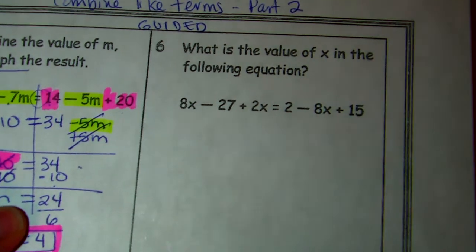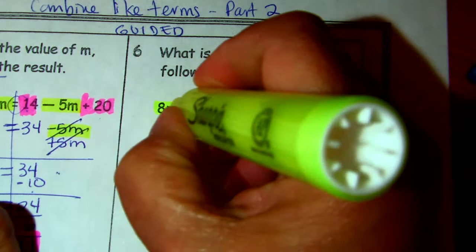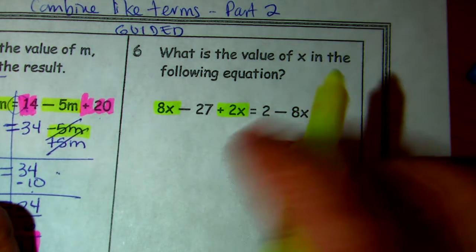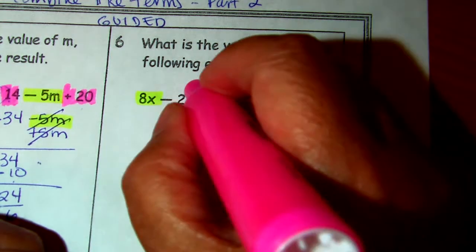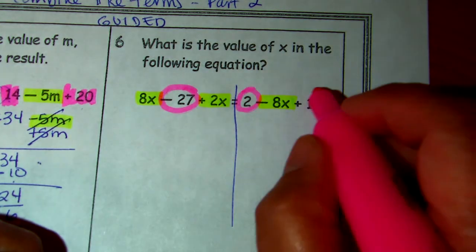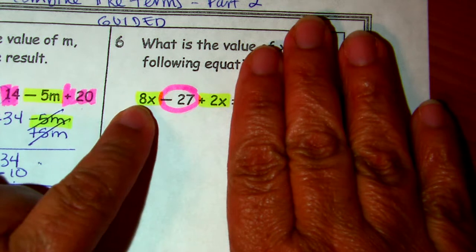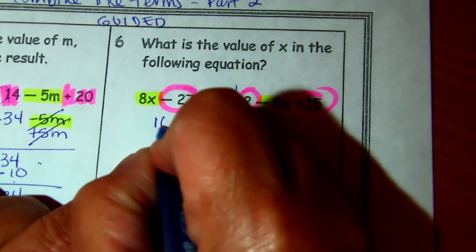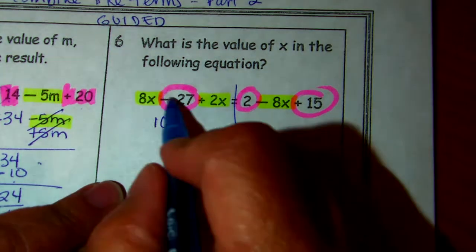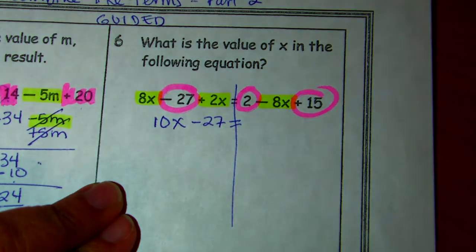Let's see. What is the value of x in the following equation? So I have terms with x here, here. And then we have the equal sign. And on this side, we have this one. Now, what are the terms that contain only numbers? I'm going to circle them. This one, and this one. So, which ones can be combined on this side? The ones that contain the x, and you see 8 plus 2. That gives you 10x. Bring down the 27 minus 27 equals